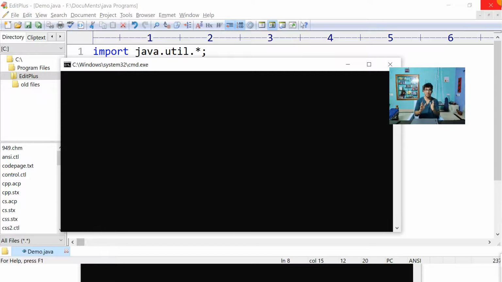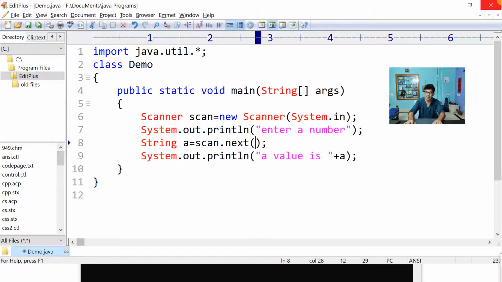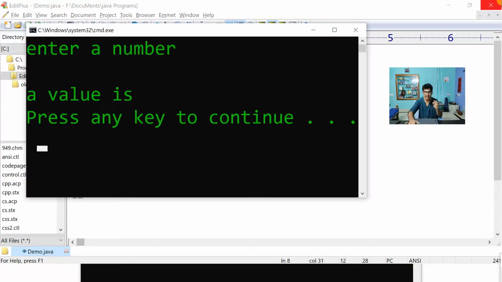Yes, I understand one thing. Next int, next float, next double, next big integer, whatever next method is there other than next line, all of these work the same way, but next line is not like that. Watch here, this next method is not taking anything. It will take some word only, right? But now if I write next line, watch what this method will do. Let's see. I have executed. Now I will hit the enter button. See, I pressed the enter button, it is taking the enter button also. It is stopping there.